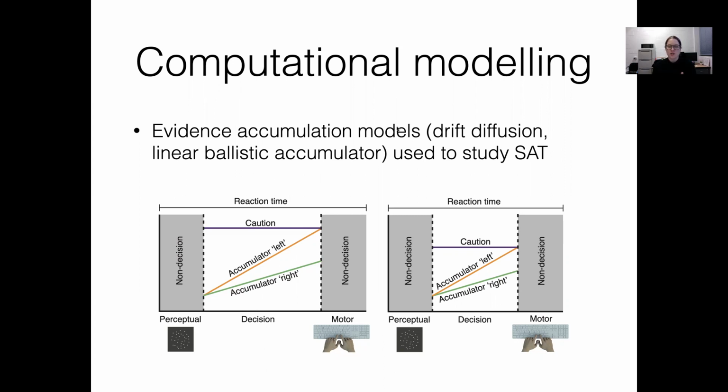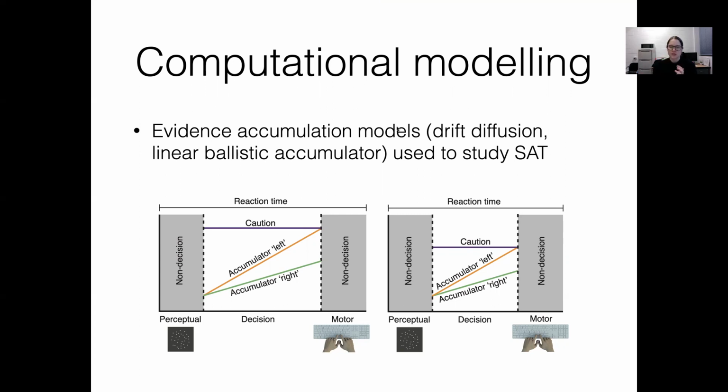So evidence accumulation here, the images depict someone making a decision between two different options, a left or a right response. You can see there's an accumulator for left, an accumulator for right. So this is just evidence that's being accumulated towards each of those possible decision outcomes. And here left wins because it hits a threshold amount of evidence first. And when that threshold is hit, that caution level, then the decision is essentially made and